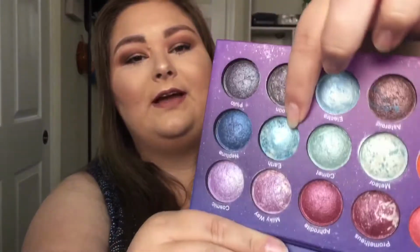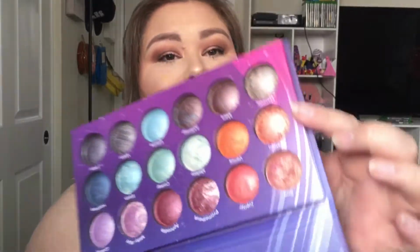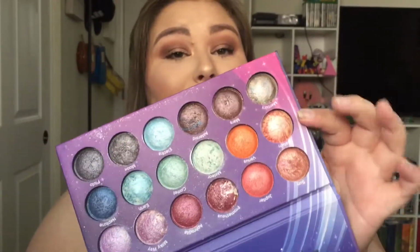I picked up the BH Cosmetics Galaxy Chic eyeshadow palette. I have the Supernova palette and I love it. It's so pretty. What I love too, because it's Galaxy Chic, is they have the shades named after planets, because I'm obsessed with space. Like they have Earth, and it's blue, but it has little specks in it like Earth does. Or Saturn is yellow and pink,